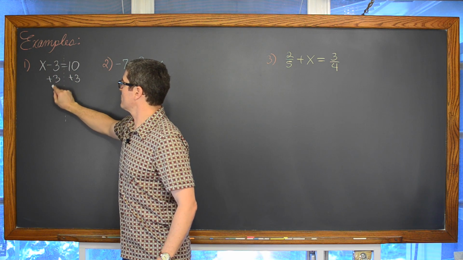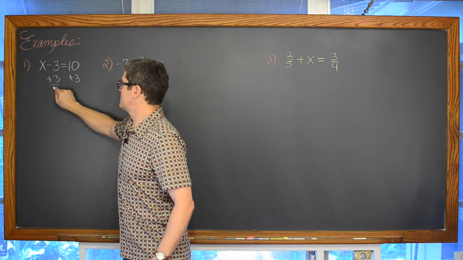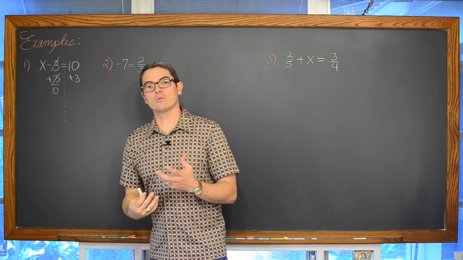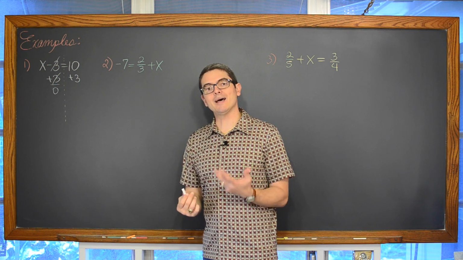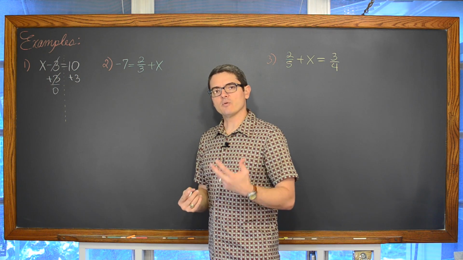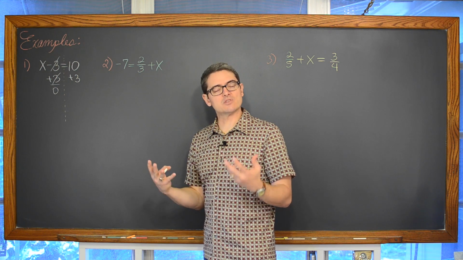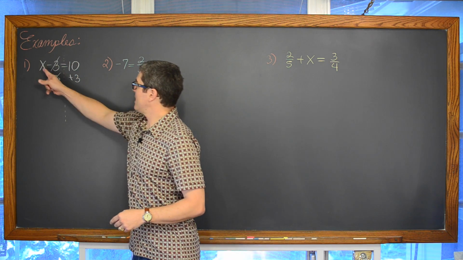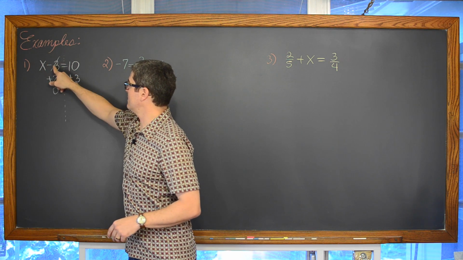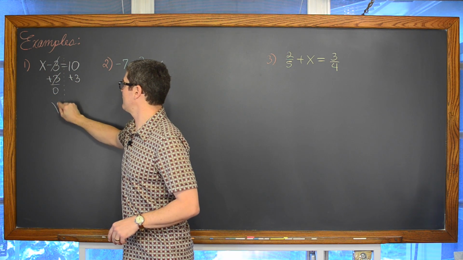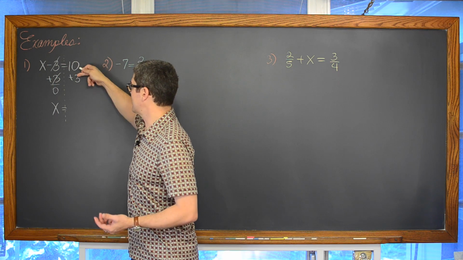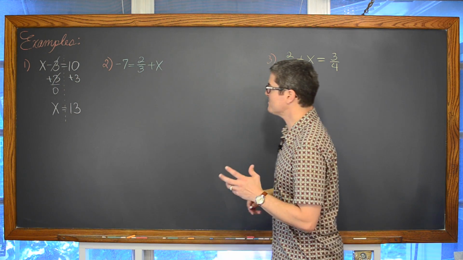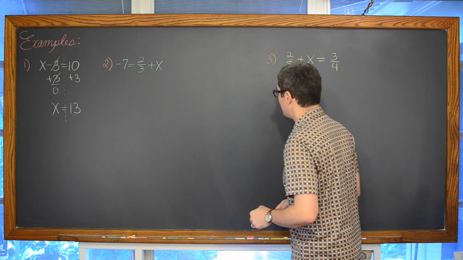Negative 3 plus 3 is equal to 0. Your teacher may want to see that, or you can just cross those out knowing that they're going to add up to be 0. And when you add by 0, that's the identity for addition. Adding by 0 doesn't really change anything, so you don't need to show that plus 0. And we've got the x coming down. Again, the negative 3 plus 3 is 0, so we have x is equal to 10 plus 3, which is equal to 13.